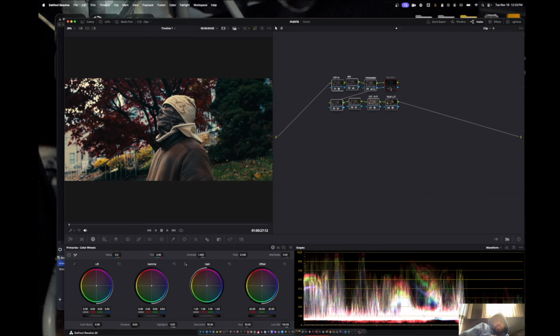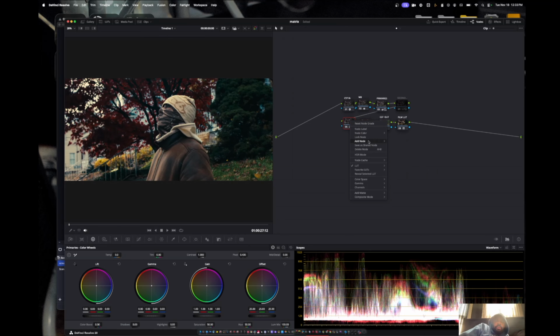Let me just slide over my CSTs, my nodes. Boom. Also, now I want to make another node before this node right here. I'm going to pull this down. Pull these here. Pull this up here. Let me name this node right here look, and name this node LUT, and then name this new node